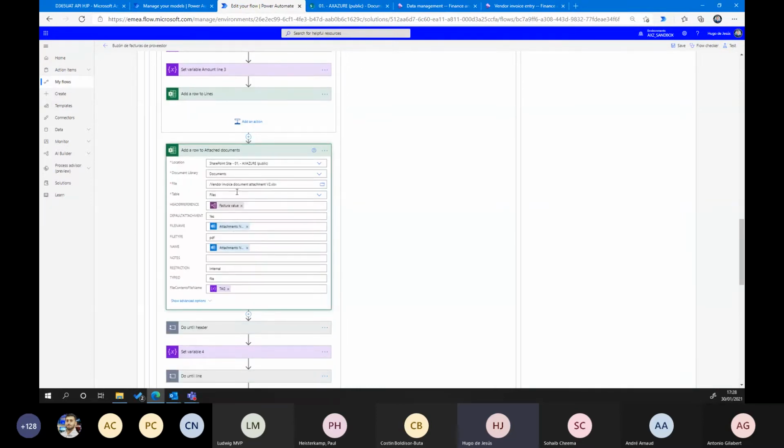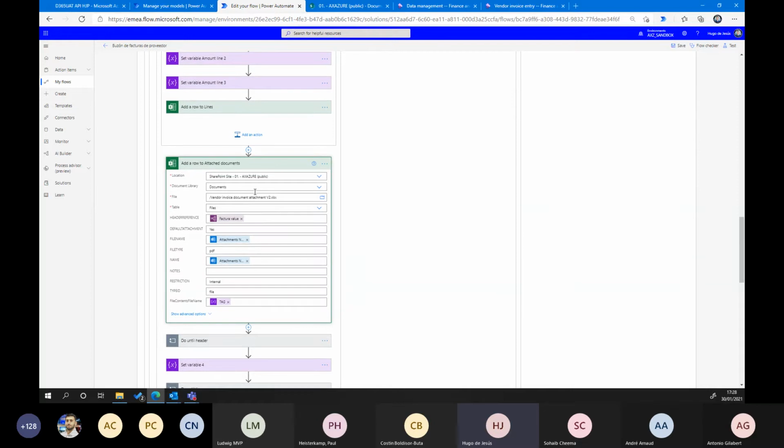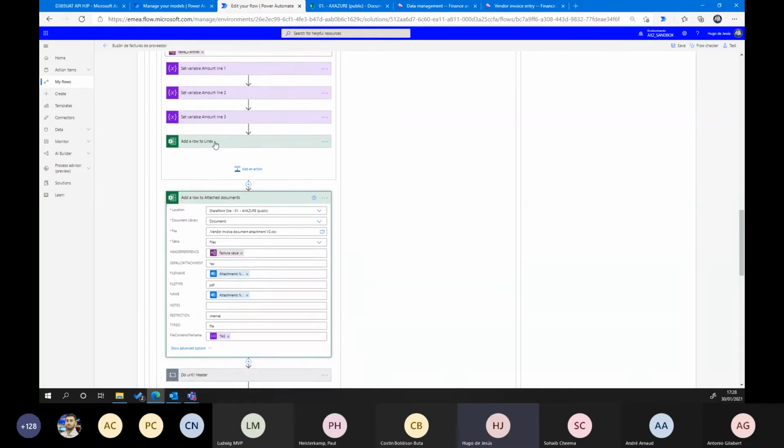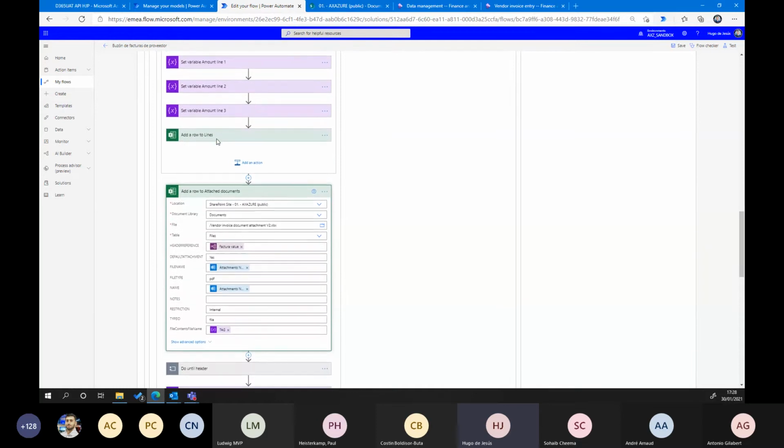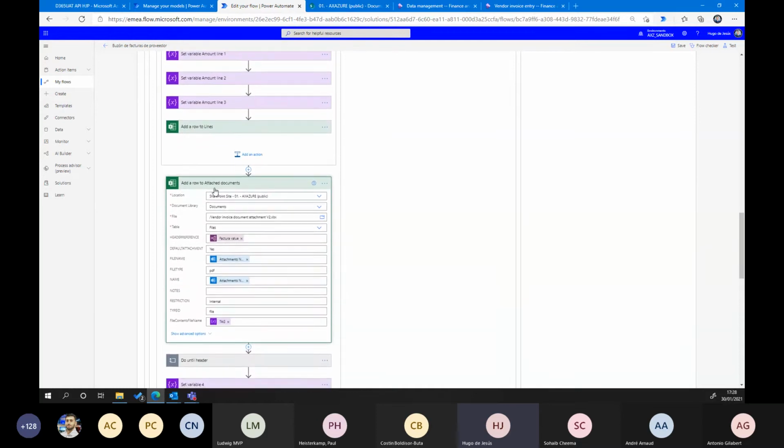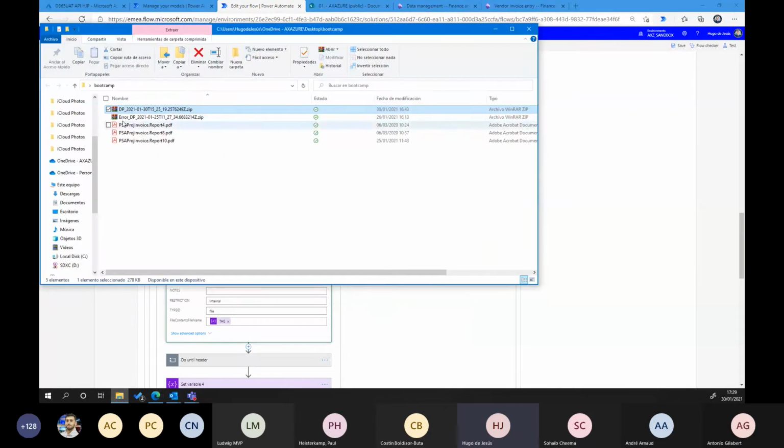This is very interesting, because you can create the entities directly from Power Automate and add information directly to Dynamics 365. The lines and the header entities are public entities, but the attached document is not, because it needs a different structure of information. You can't upload a binary file directly to the entities. You need to create this kind of file.